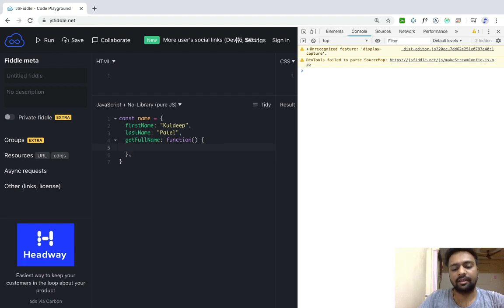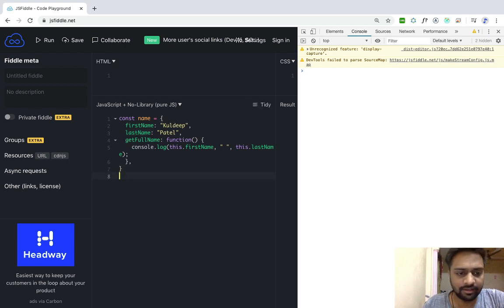So if I console.log this.firstName, this.lastName, here in this function, this keyword refers to the object name, and this.firstName will fetch the value of firstName. this.lastName will fetch the value of lastName.